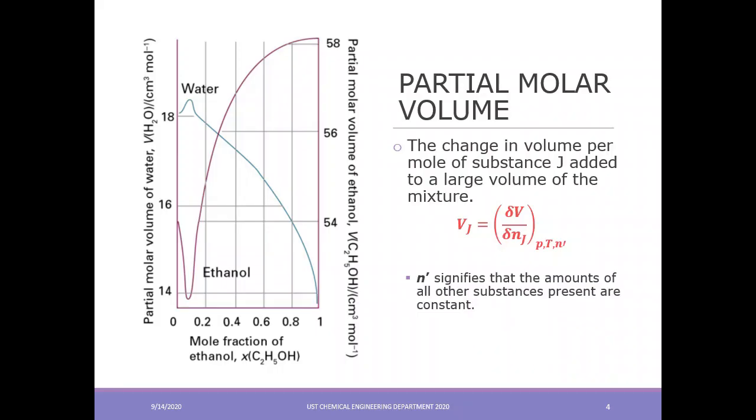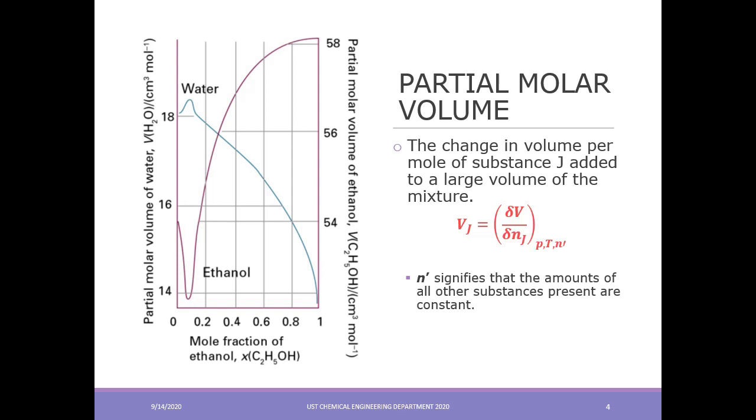First is partial molar volume. In your previous lectures, you have learned that the partial molar volume is the change in volume contributed by a unit mole of a substance that is added to a large volume of a mixture. It is given by the equation partial V divided by partial n_J at constant pressure, temperature, and amounts